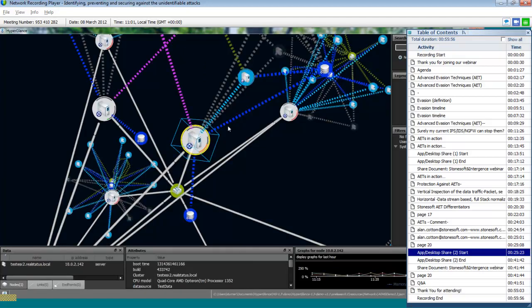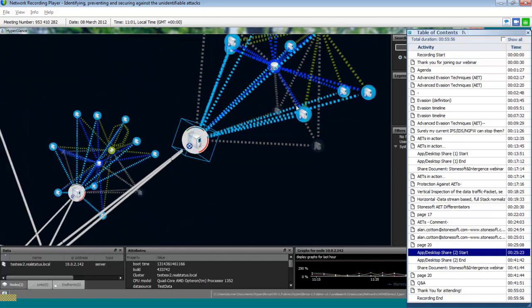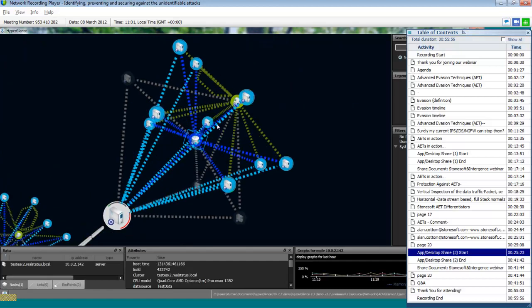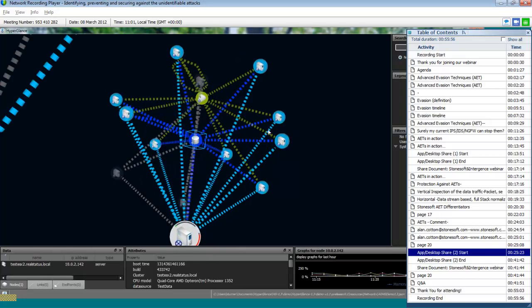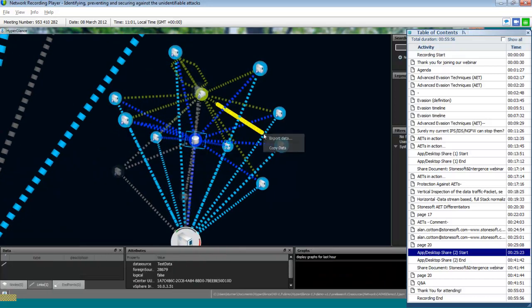So we've got things like physical ESX hosts, and from these physical ESX hosts we're then looking into the virtual world, and we can see areas such as virtual machines attached to it, the storage devices attached to it as well, and just get a great idea of what's actually going on both at the physical and virtual layers of